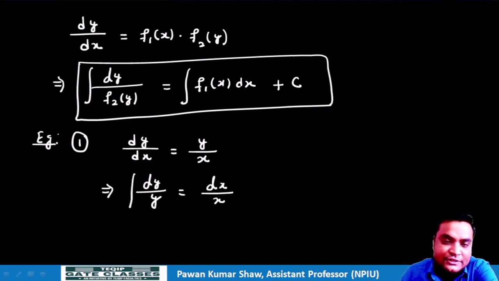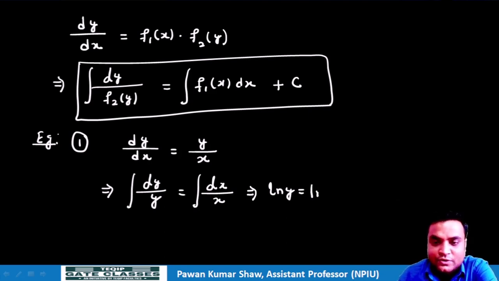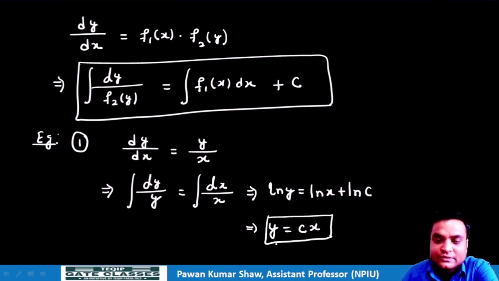So dy by y and dx by x. And now after integration we will get our general solution. So what can we write? Now we can write ln y is equal to ln x plus, suppose I am taking the log c. So in that case the solution will be y equal to cx. So this is our general solution, and this will contain infinitely many solutions, because this is a family of straight lines passing through the origin. So for different values of c, we will get different solutions.